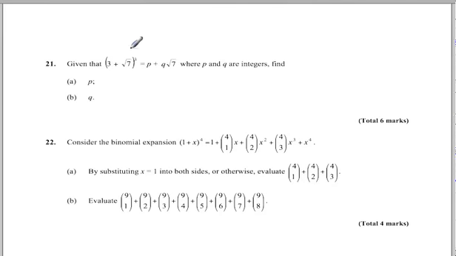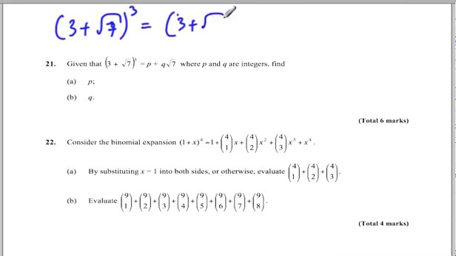Okay, so given that (3 plus root 7) cubed is equal to p plus q root 7, where p and q are integers, find p and q. Okay, so we could do this the binomial expansion way, but there is a faster way, and because it's cubed, I'm just going to deal with it through regular expansion. So this is (3 plus root 7) to the power of 3, which is the same thing as saying